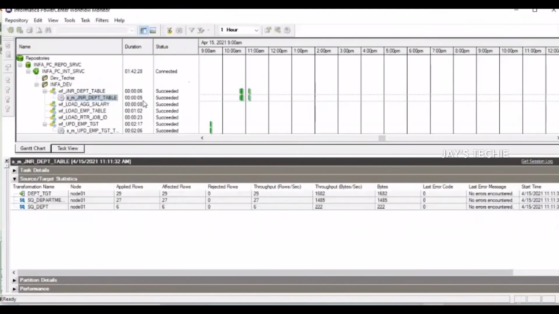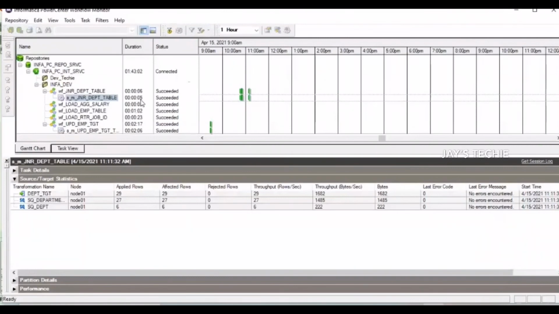Yeah, 5 seconds. You can see the difference when you run the same job again and again, because the instance has now caught up. So it is showing much better efficiency in the job runtime. Now we can see the previous session was running in 11 seconds for the whole workflow. Now it is 6 seconds, and the session took 6 seconds. Now it is 5 seconds. It's not showing a very big difference, but comparatively it is showing improvement. But if you're running millions and millions of records, it is going to show hours of difference.